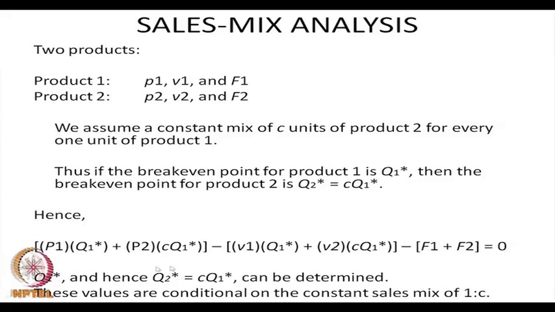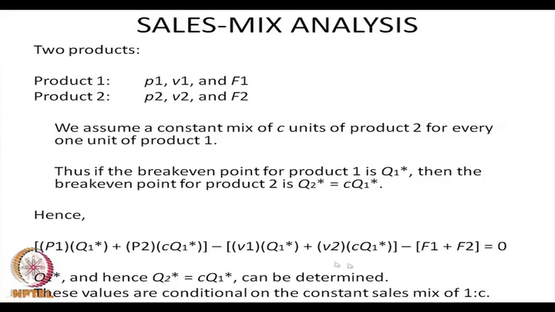Our total revenue now is equal to P1 Q1 star plus P2 Q2 star, but Q2 star is equal to C into Q1 star. So, P2 into C into Q1 star. So, this is the total revenue